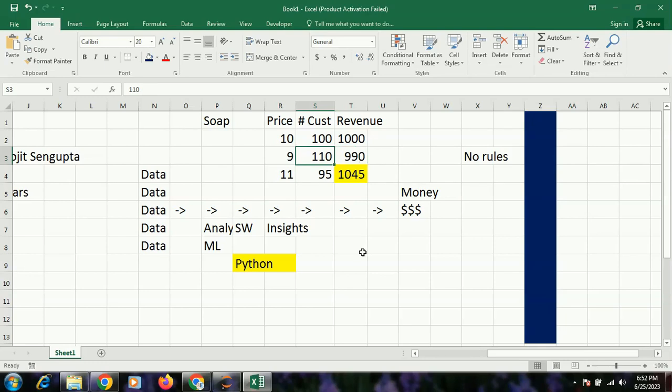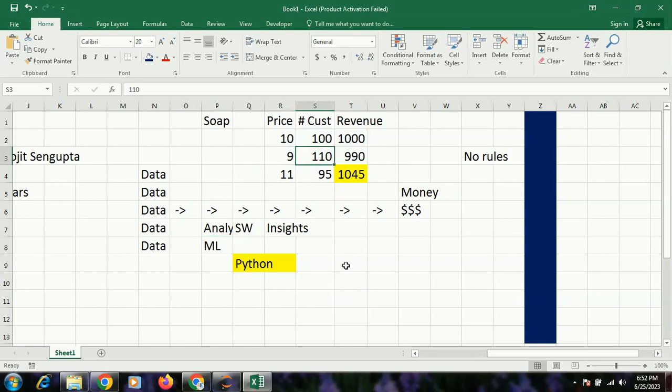And how are you going to talk about the future? There are certain algorithms, like equations, which are called machine learning. If I have a lot of data, this algorithm will skim through the data and predict the future. By skimming the data, it's going to tell us what is going to happen in the future if I sell it at 9 rupees.